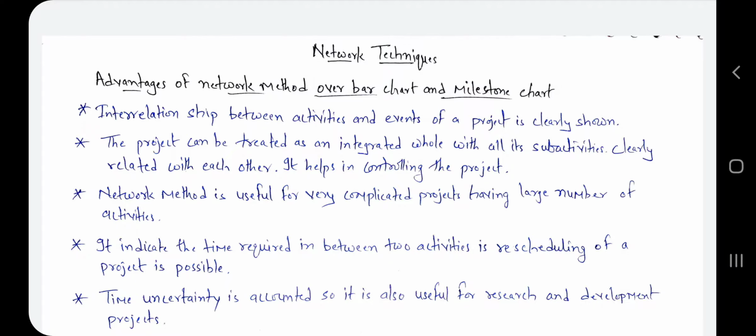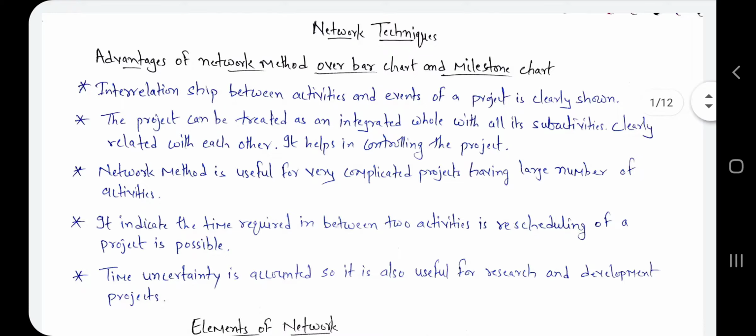Now we move to other techniques, and before learning these techniques we have to know the elements of network. So this lecture is totally based on the elements of network, but before that we see the advantages of the network method over a bar chart and a milestone chart.